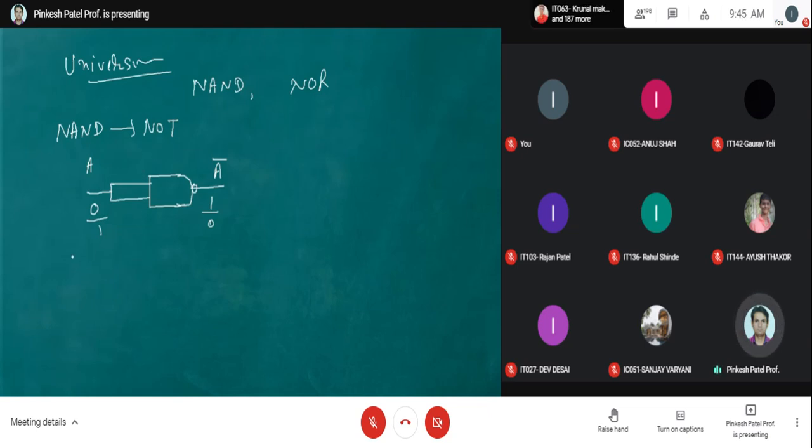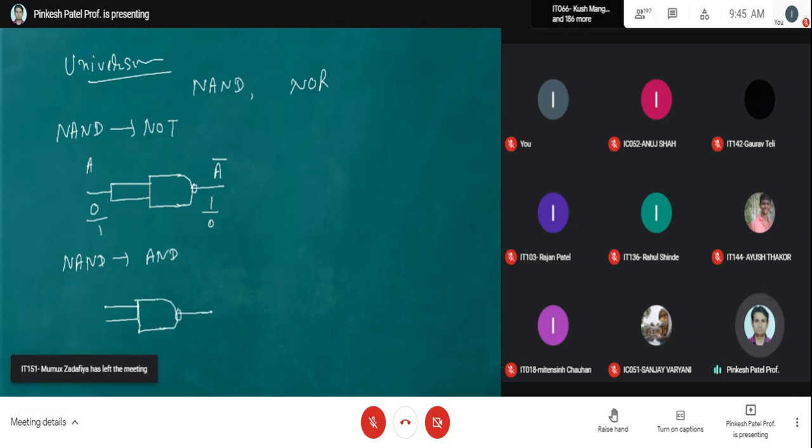Right? Let's make an AND gate, so let's quickly go through it. A NAND gate plus a NOT gate. One is the NAND gate, and after the NAND gate you can connect a NOT gate. The NOT gate is nothing but this realization.